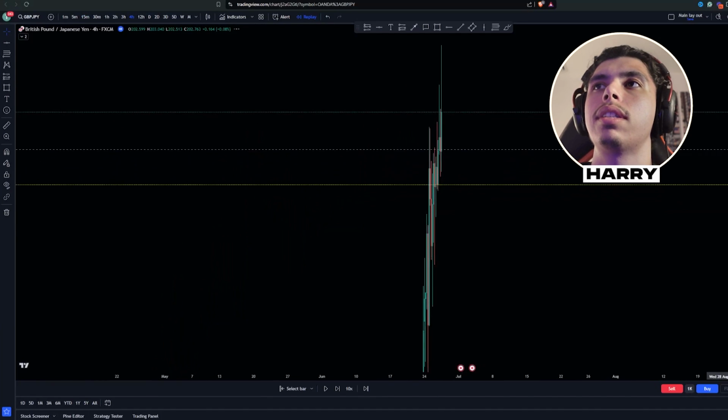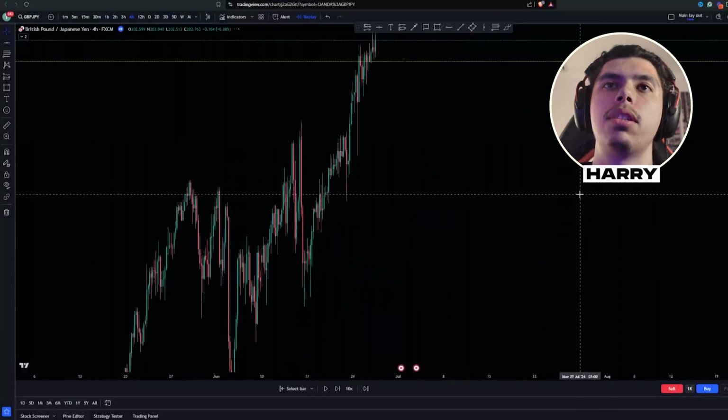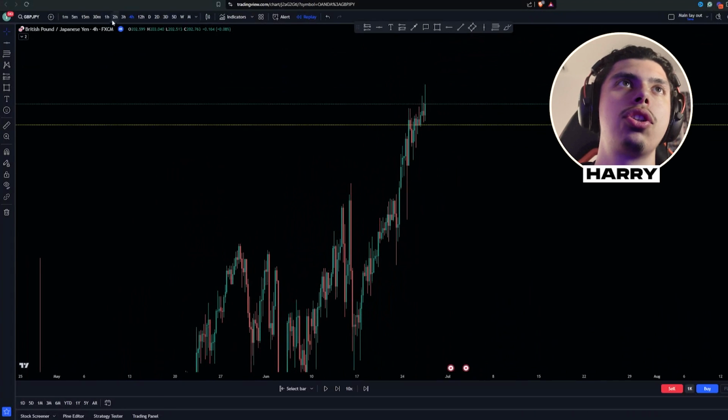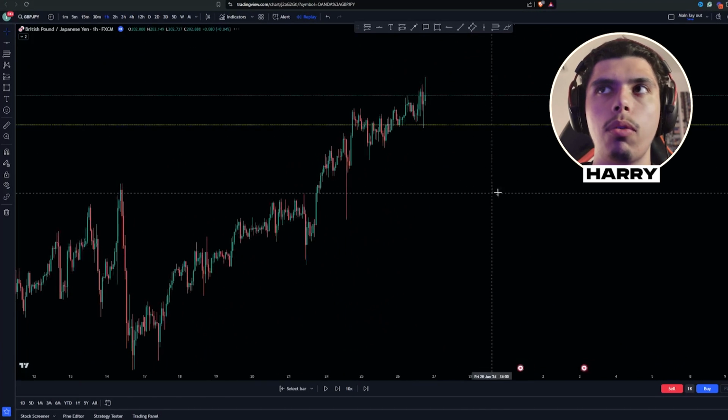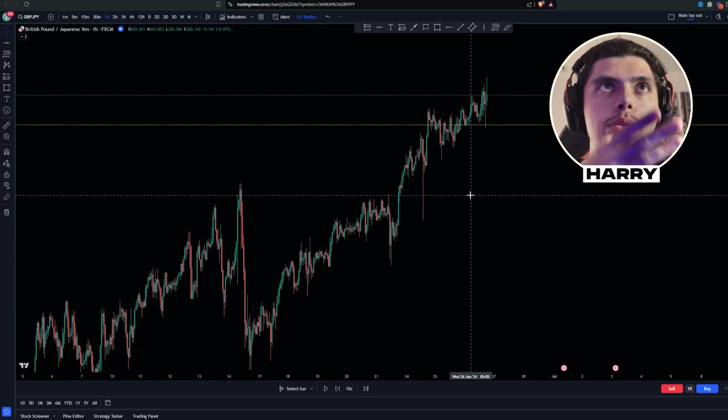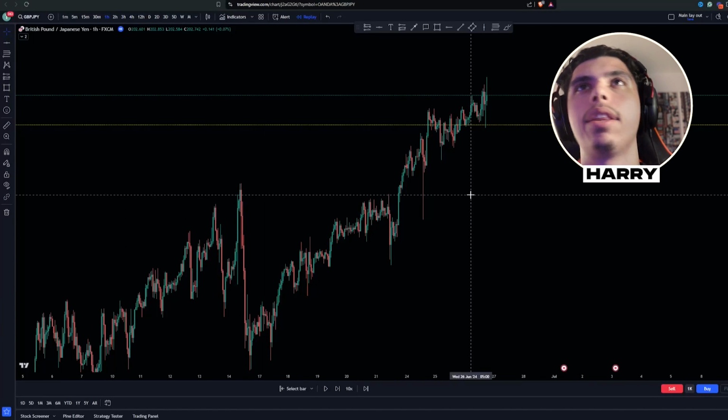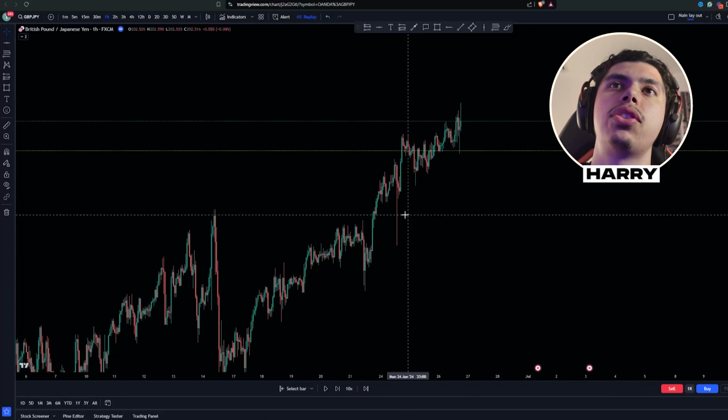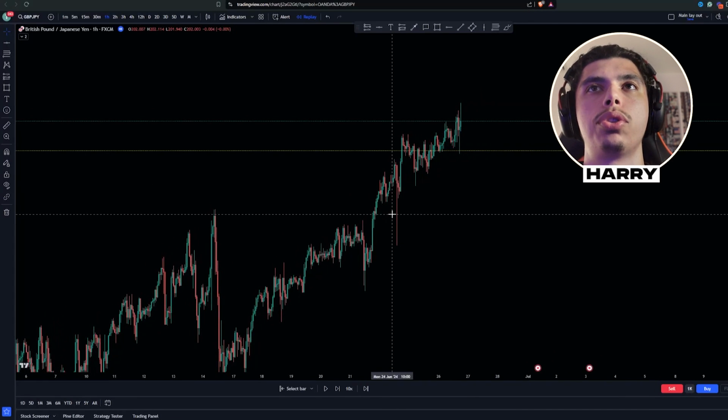Let's go on the 4 hour and you look at this as a trend here, right? Obviously, this is a bullish trend. We're going up, right? Let's actually go on the 1 hour. I'm using this, it can work on anything. I'm just using GJ for an example here, as I always use this chart, but you can do it on any other pair. You guys will look at this as a 4-hour uptrend, higher highs, higher lows,